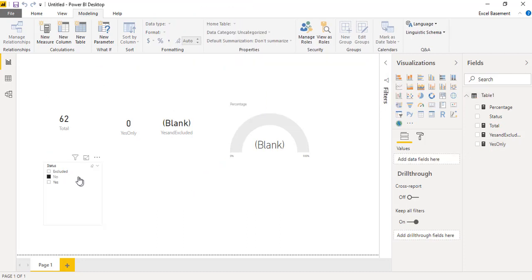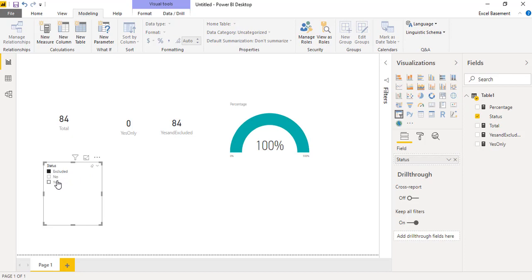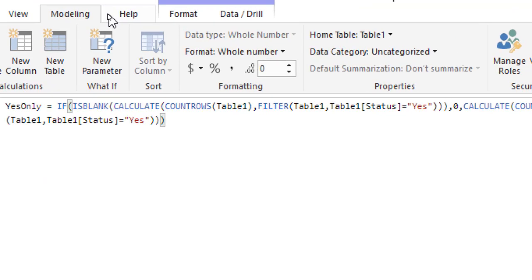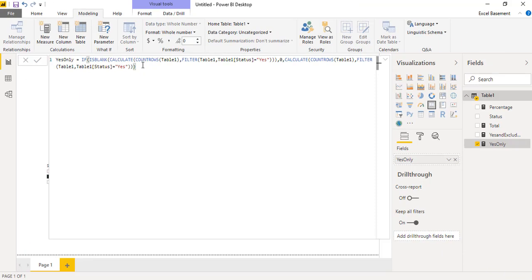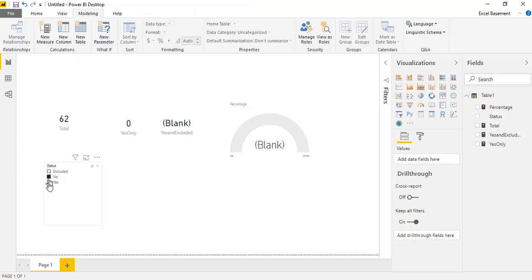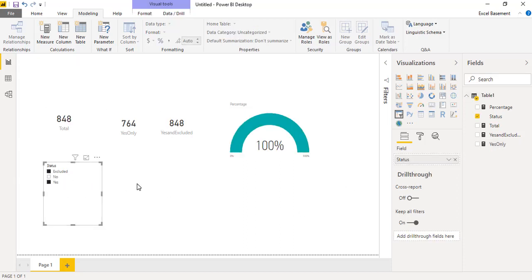Now you can see that when I click on excluded and yes, it shows me the number 764, and when I click on no, instead of blank it shows me 0, and I have coded it with the ISBLANK and the IF, just like we do in Microsoft Excel, right? So this was a quick video with some 3 to 4 DAXs which I just showed you as a demonstration. Thank you.